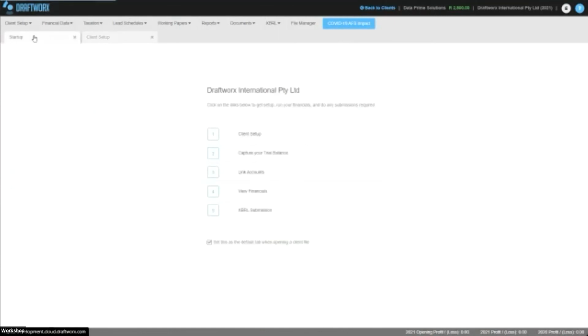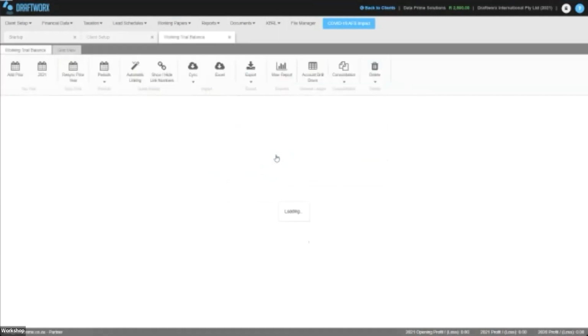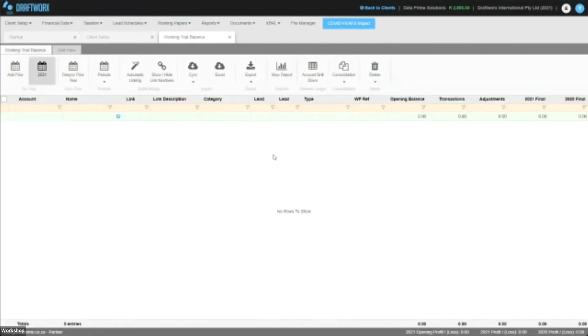Let's jump back to startup and go into our next step, which is capturing our TB. So capture TB. This is where we import our TB from our accounting packages or from Excel. With Draftworx, we have something fantastic called Sync,